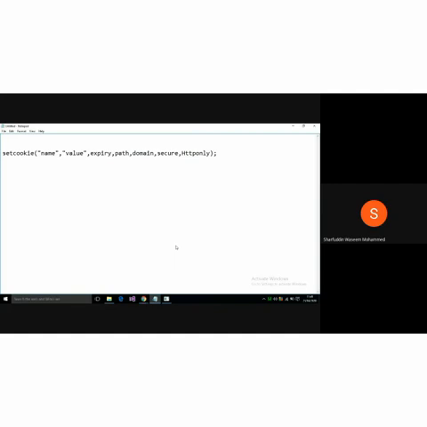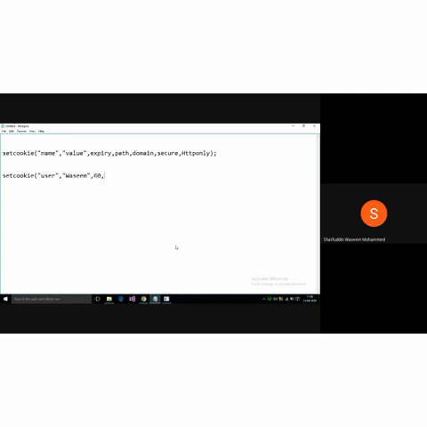Suppose I want to set a cookie, like setcookie, then I can give it as user. This must compulsorily be a string. It's an associative array. When we want to retrieve the values, we have a superglobal array called $_COOKIE, with the help of which we can get this. And this will be the value of the user. Suppose the value is Wasim, then it expires in some 60 seconds, so I will give it 60.